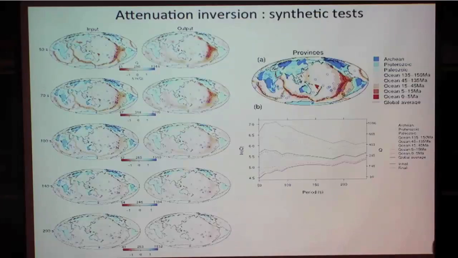So yeah, you have to be careful of what we do. I didn't mention that, but we do not invert for 1 on Q, for example. We invert for the logarithm of Q for several reasons. First, the distribution of the data is more Gaussian. Then you've got less perturbation.